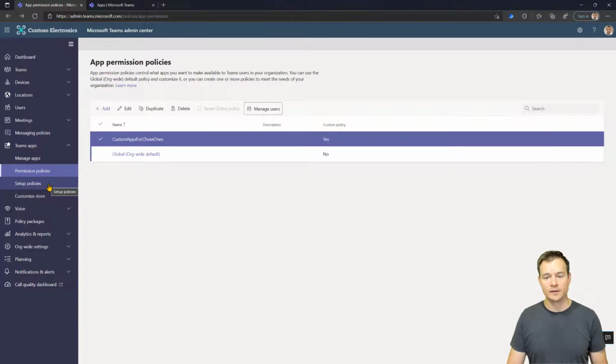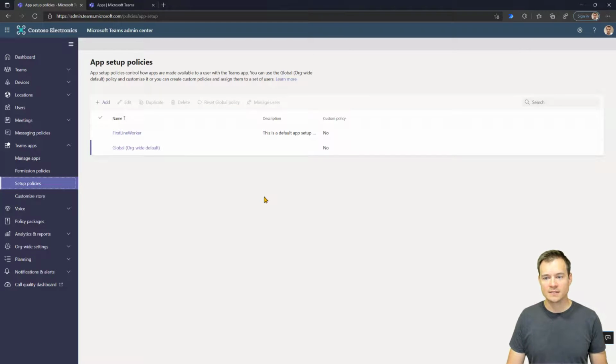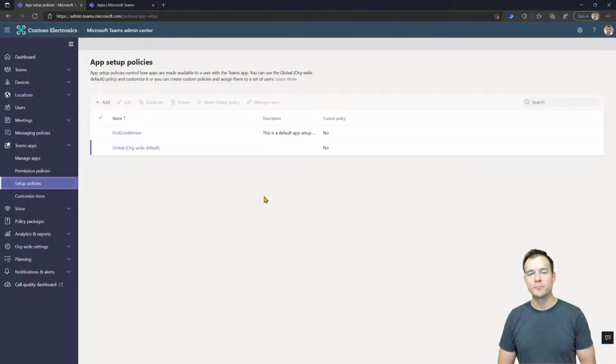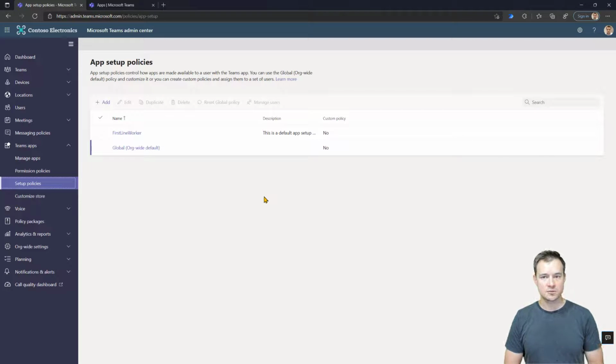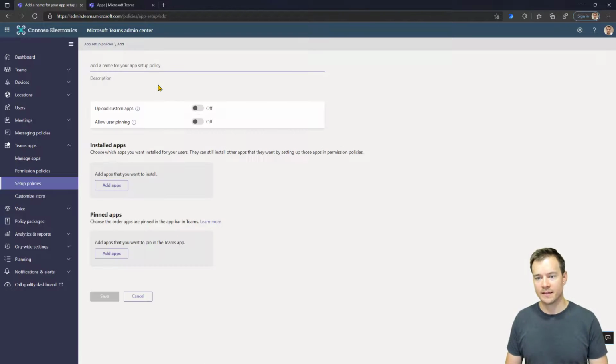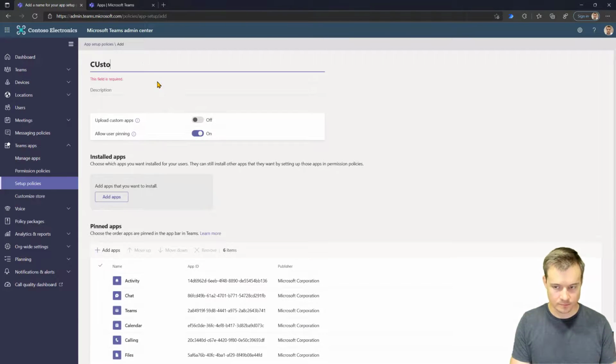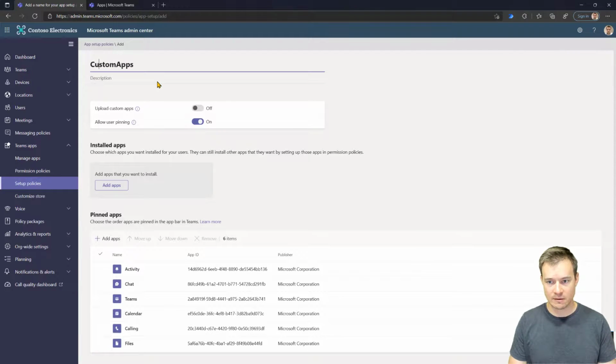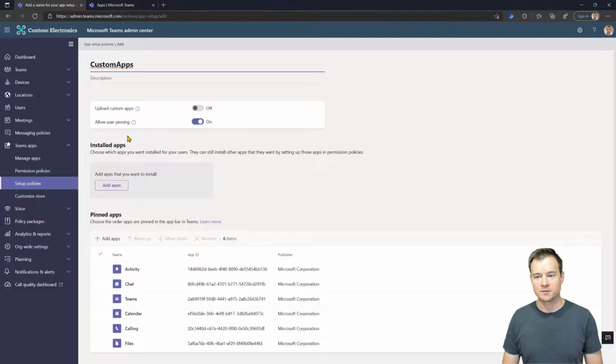Now the second thing, very cool thing, is the setup policies. The setup policies help you to create custom policies that actually pre-install specific applications to users who are affected by this policy. So here again, I can say that this is going to be the custom apps policy. And you can define users again. You can define rules for the policy. So you can tell that members, people who are affected by this policy, are not able to upload custom applications, but